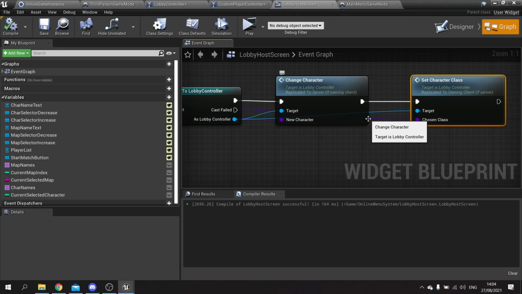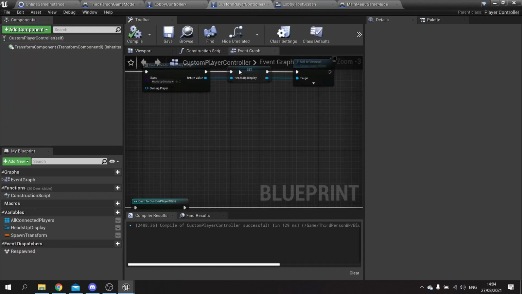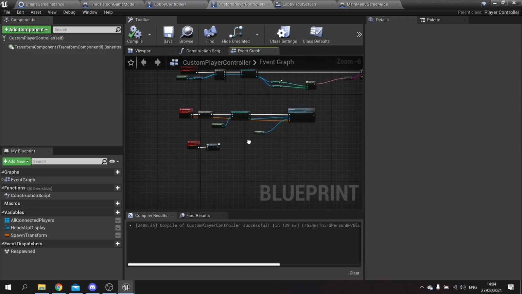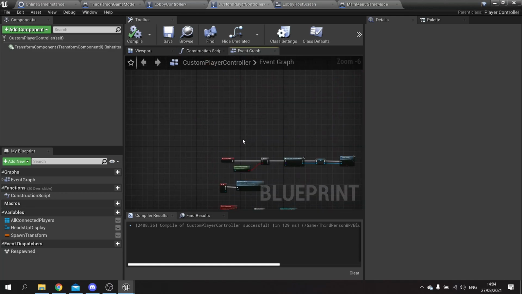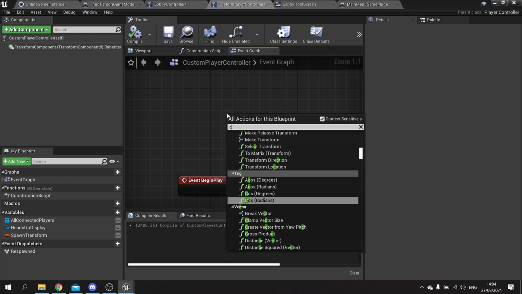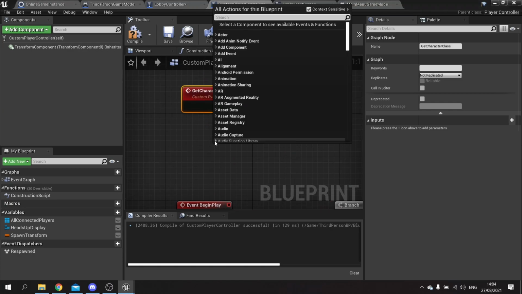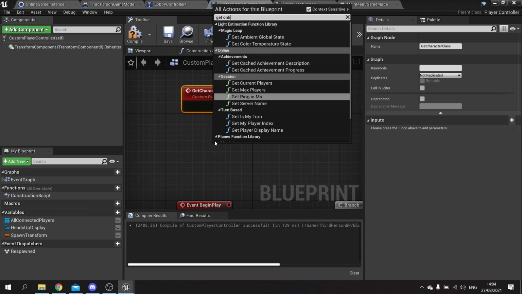Now, when we're spawning in, we've got a whole different, entirely new controller. It's not the lobby controller, we're using a custom game controller instead. So on my custom player controller, I need to make a function to retrieve that chosen class. So we're going to make a new function here, or new event rather, and we're going to call this one get character class. And this is simply just going to go get online, get game